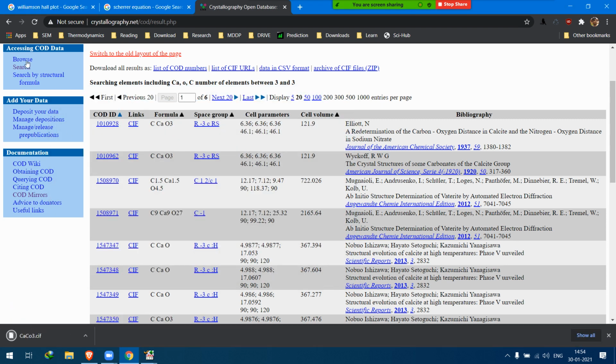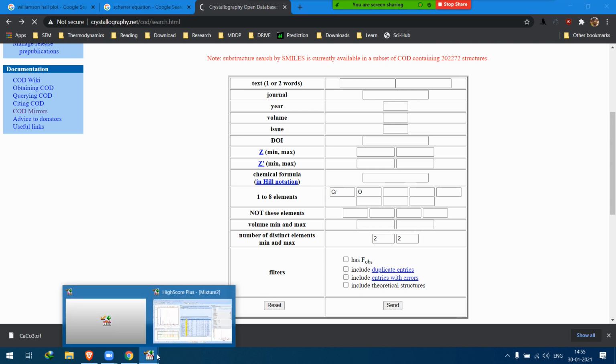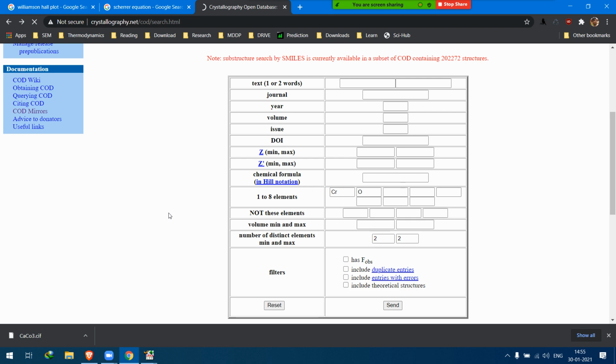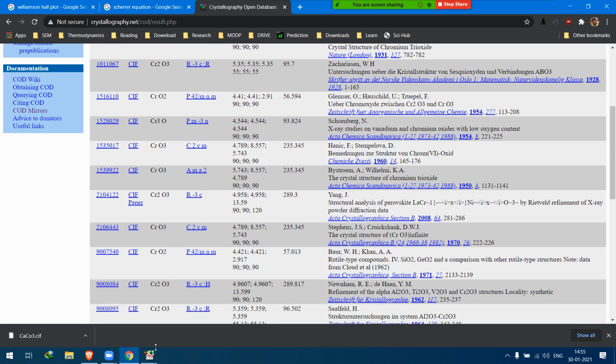Another one we have is chromium oxide, Cr2O3. Okay, we have Cr2O3. Again, we have a lot of databases.